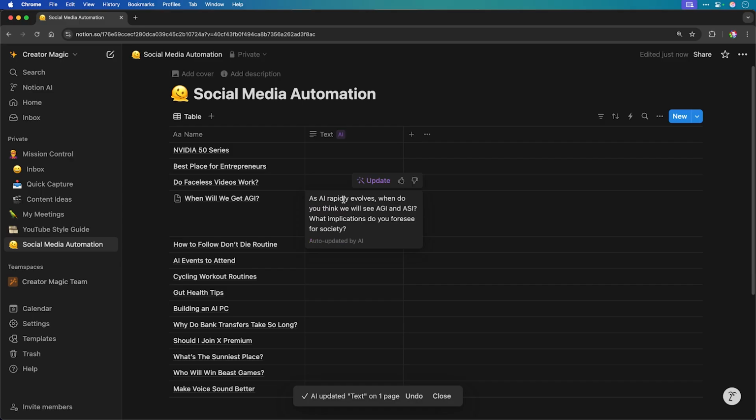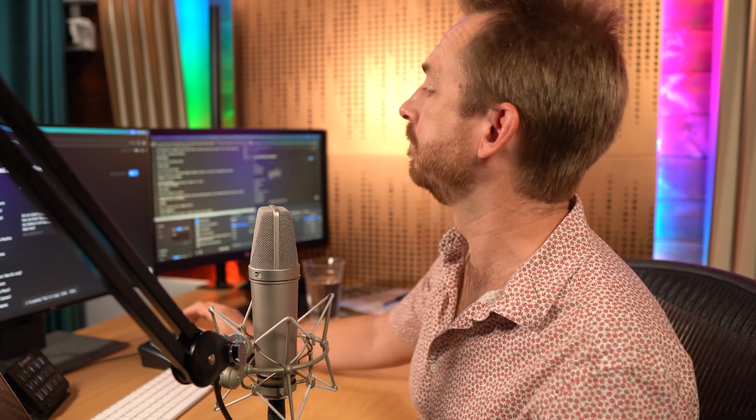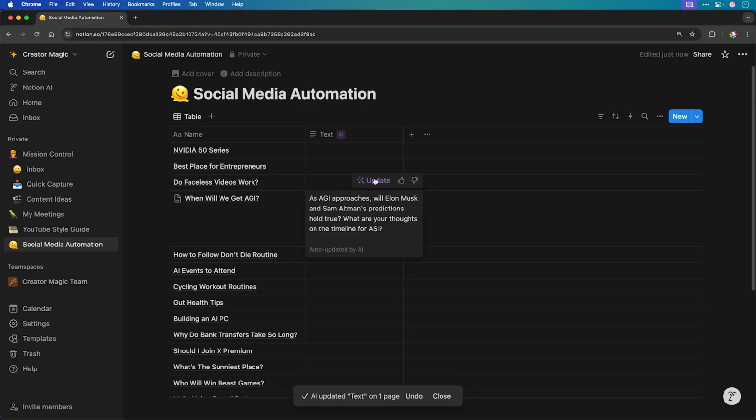And look, as AI rapidly evolves, when do you think we'll see AGI and ASI? And what implications do you foresee for society? Now, if I don't like that, I just click the magic wand again, like so, update, and it'll write me a new post. And look at this, it's actually called out some of the names in that article. As AGI approaches, will Elon Musk and Sam Altman's predictions hold true? What are your thoughts on the timeline for ASI? I like that, so let's move on to tip number 5 on how I use Notion AI,